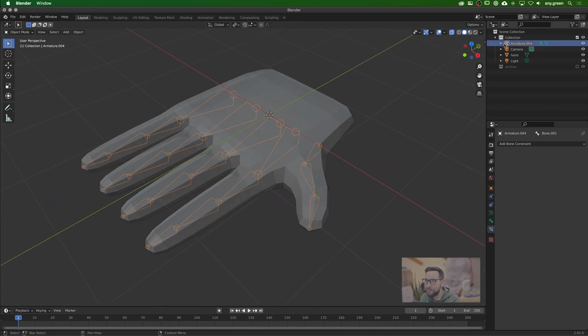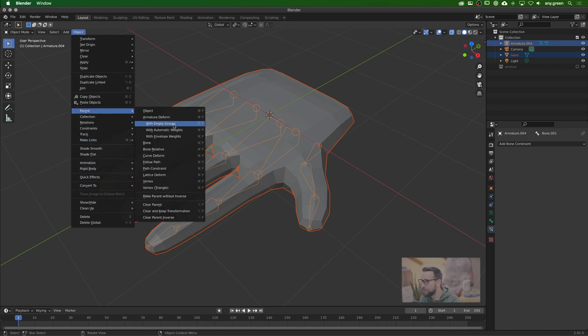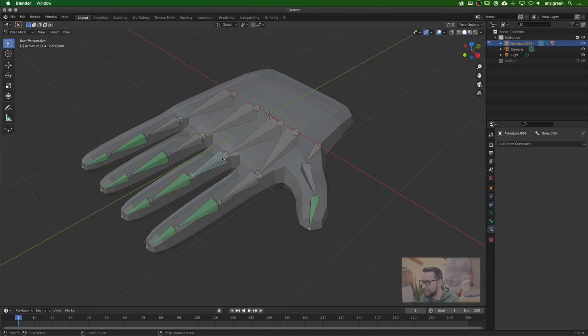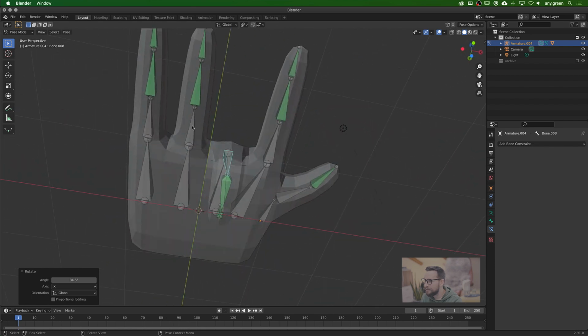Now we can finally bind our rig to our mesh. So we select the armature, no, the other way around. We select the hand, then Command click on the armature. Then we go to Object, Parent, and we choose Armature Deform with Automatic Weights. And now that we've done that, we can select our armature, switch over here to the pose mode, and we can select our bones, rotate around the x-axis, so R and X, and rotate this around and thereby create our own